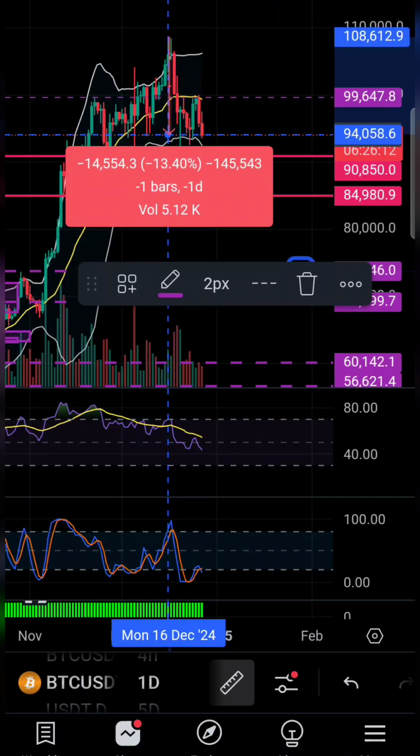I do pure TA because my TA will always align with whatever news. There's always a reason or always an excuse. People are like, well, I'd have won this trade, or I would have won this, or I would have done that if this didn't happen, this news came out, whatever. Just let me look at the chart.